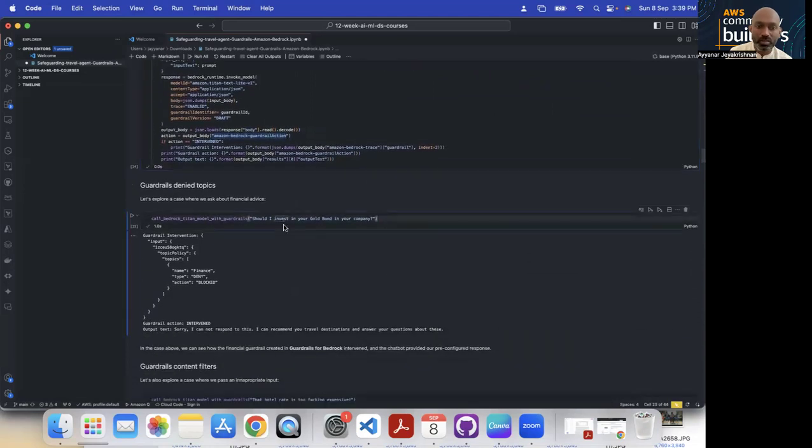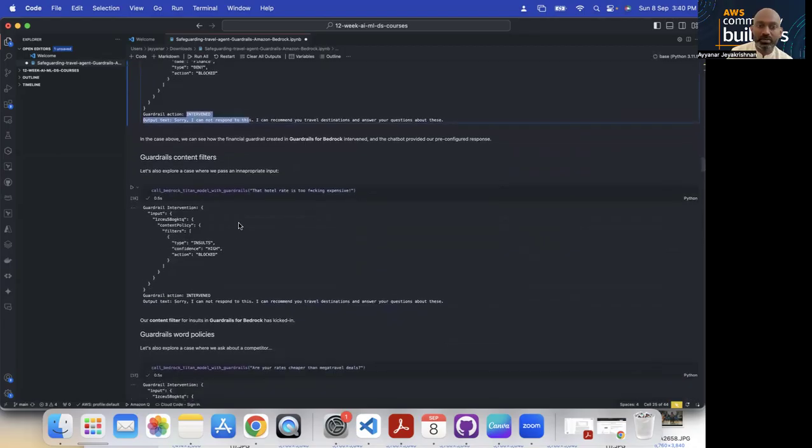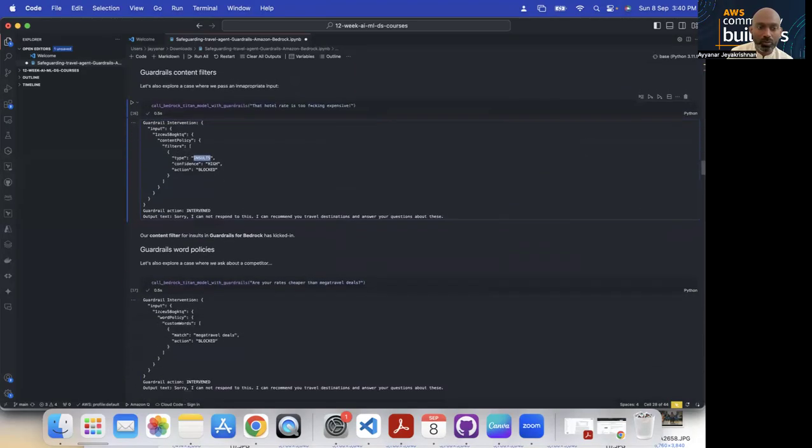We are giving the prompt. At the input, I'm giving, should I invest in gold in your company? It says guardrail intervention happened because it's finance and it is a topic. If it is finance, we are blocking it. The guardrail intervened. So the next one we are going to test is the example I was telling, right? The profanity content, because it's insults. The intervention, it is on the input. If you see, it's an input. Let's see some examples for the output.